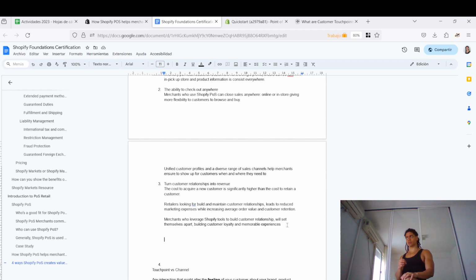Turn customers, or new customers, or the cost. So the cost to acquire new customers is significantly higher than the cost to retain a customer. Okay, so this is something that is very, very contextual. If you're a new business, yes, okay, you actually want to build and manage this customer relationship, because if you're